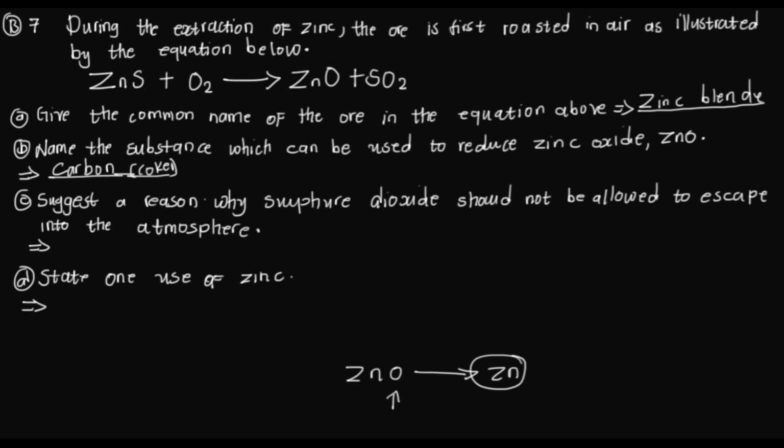C, suggest a reason why sulfur dioxide should not be allowed to escape into the atmosphere. So the negative impact of sulfur dioxide, when it dissolves in the atmospheric water vapor, it produces acidic rain. Then the acidic rain later will destroy the plants, and it may also harm other living organisms like animals. So we can say when it dissolves